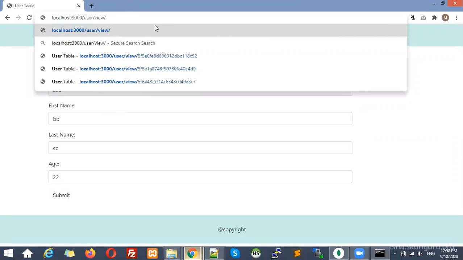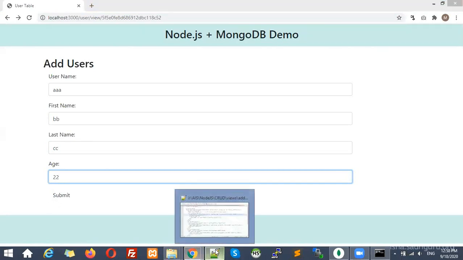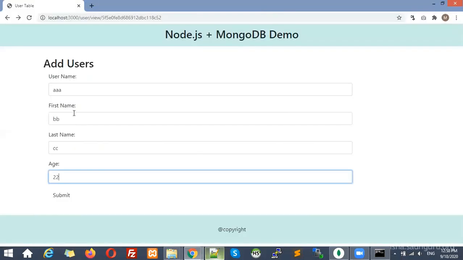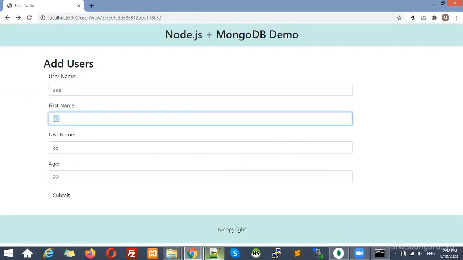But if I remove this parameter, that means it is for insert. See, if I remove this parameter and press enter, what will happen? Whatever data I enter, it will insert. But if I pass the parameter, that means for this ID, whatever record is there is going to be fetched here. And if I submit, this will be submitted to another page instead of insert. So that logic I have also mentioned here. First of all, how do we get the records? If I am passing the ID over here, how am I getting these records?